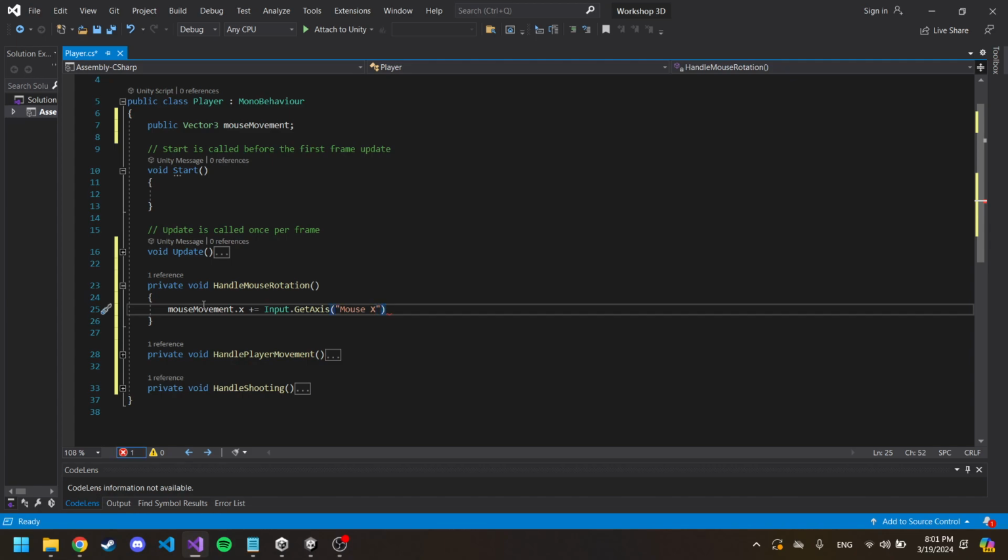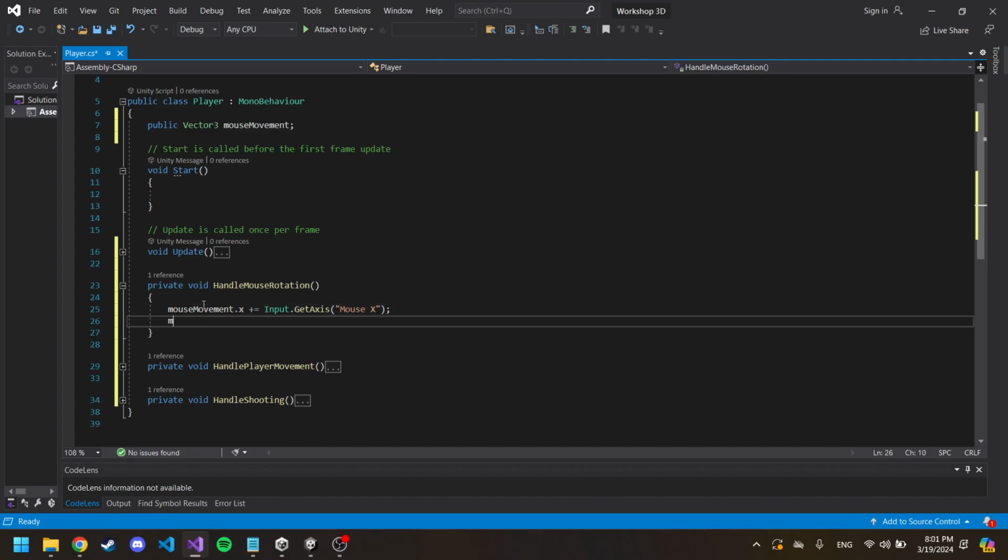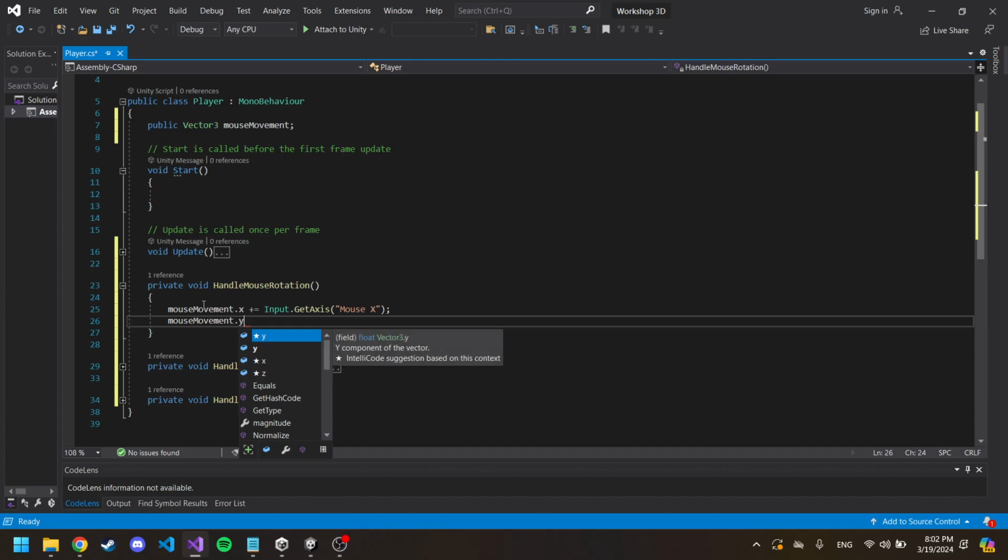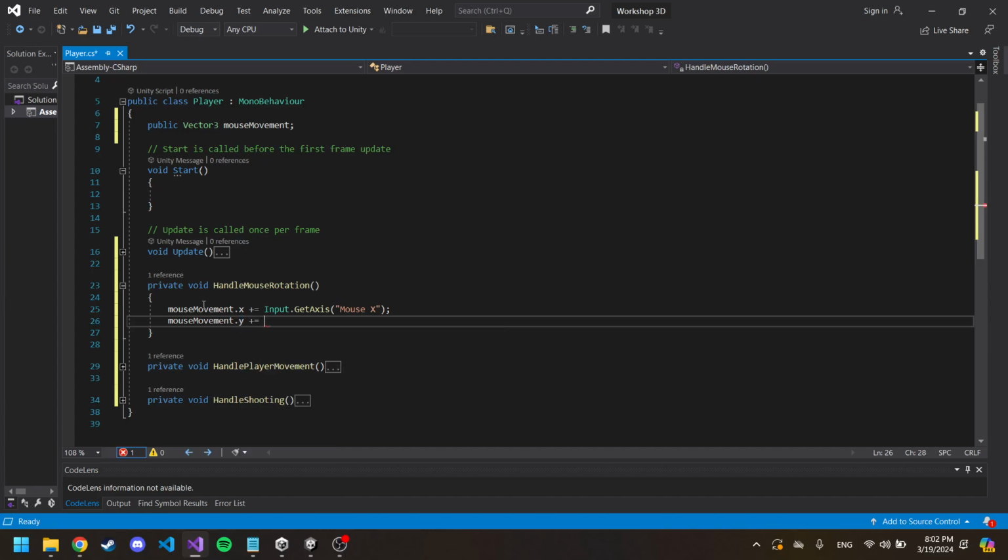Be sure not to have any typo over here, because this string is fixed and the compiler won't warn you if you have any typo there. And yeah, maybe we can just keep it like this. And same goes for mouseMovement.y. Input.GetAxis